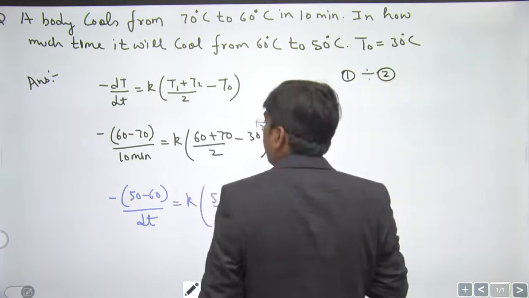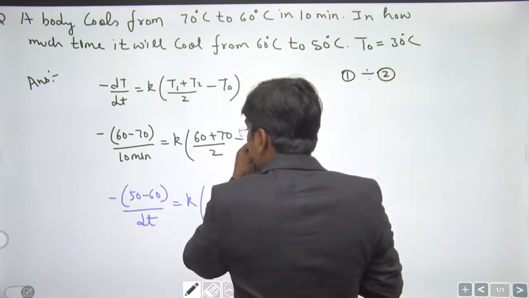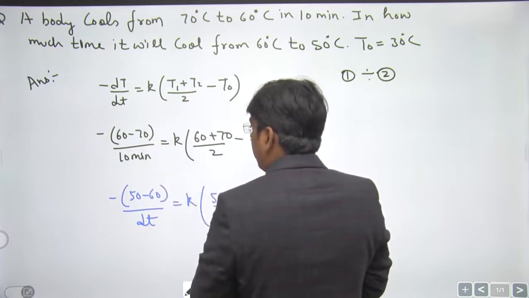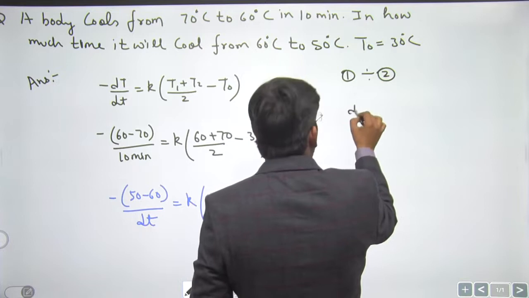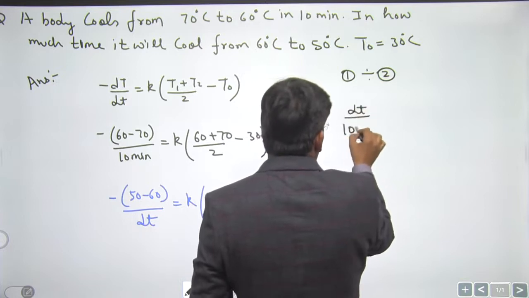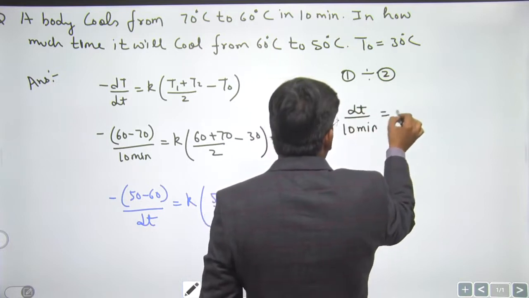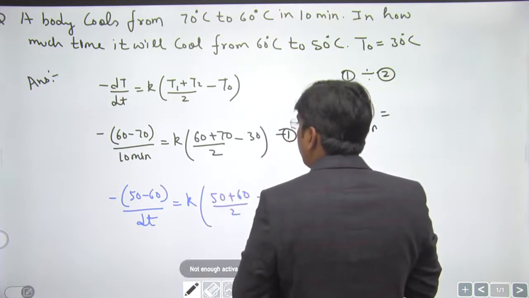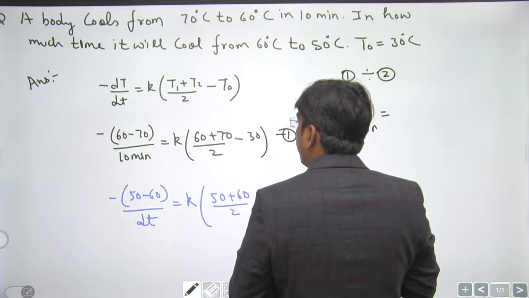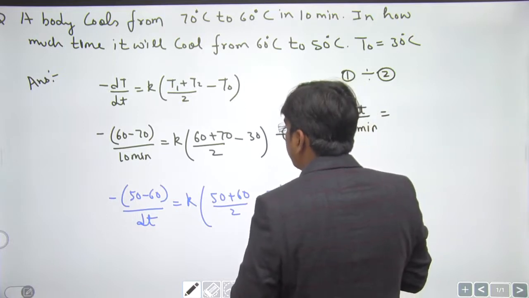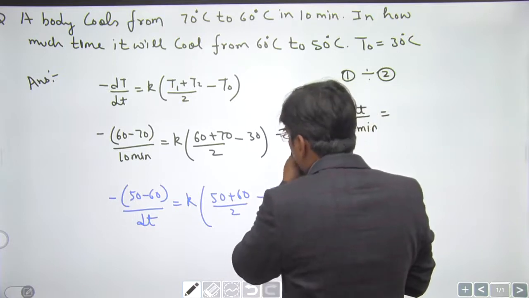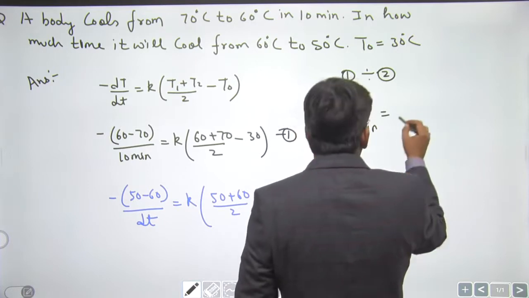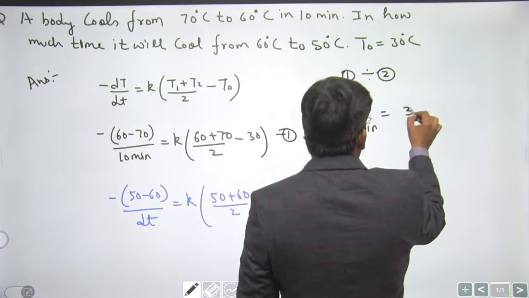Let us see what that is. This minus 10 and minus 10 are going to cancel. So we are going to get dt by 10 minutes equals 60 plus 70, 130 by 2 is 65, 65 minus 30 is 35,